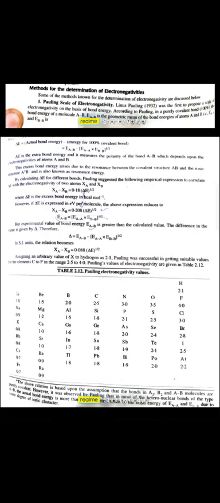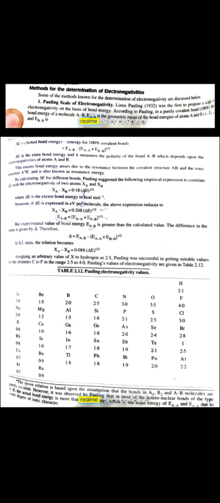Now let's discuss the methods for determination of electronegativities. Some of the methods known for the determination of electronegativity are discussed below. Firstly, we use the Pauling scale of electronegativity. Linus Pauling, who was born in 1901, was the first to propose the scale of electronegativity on the basis of